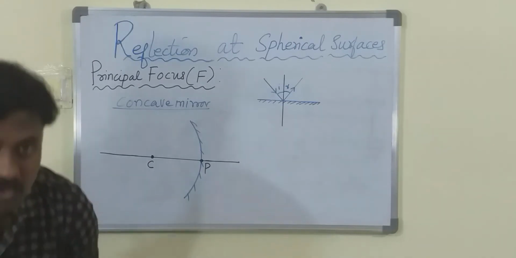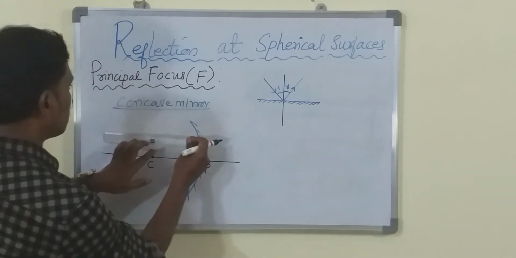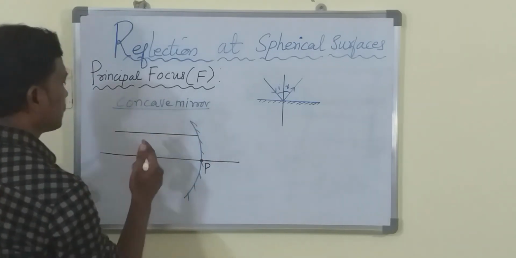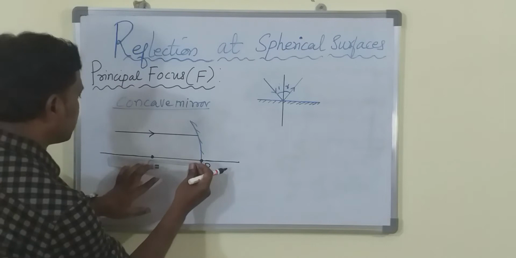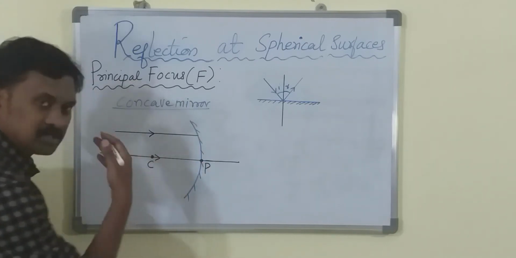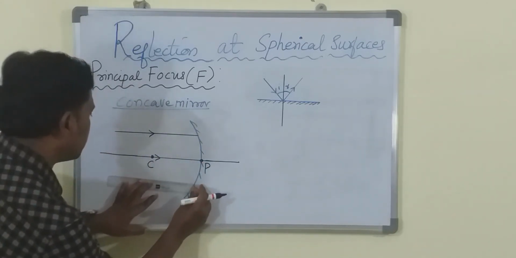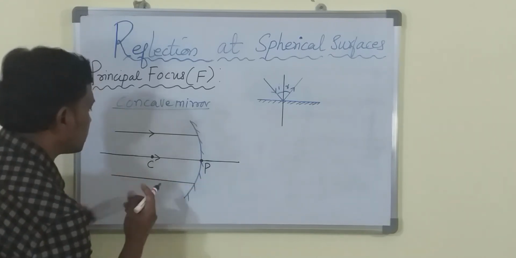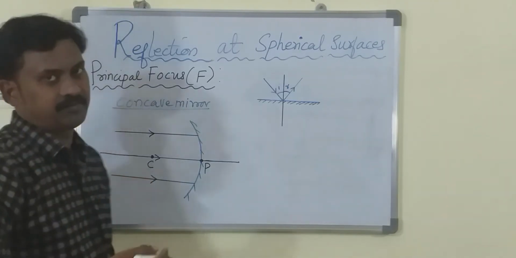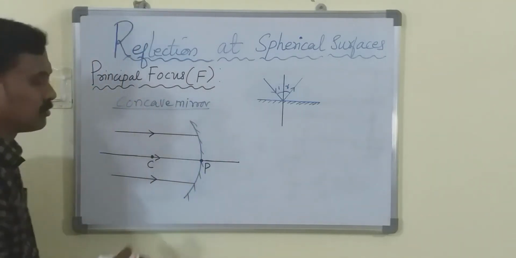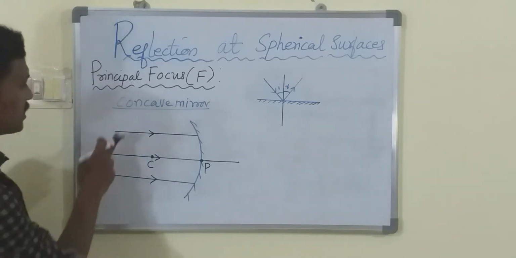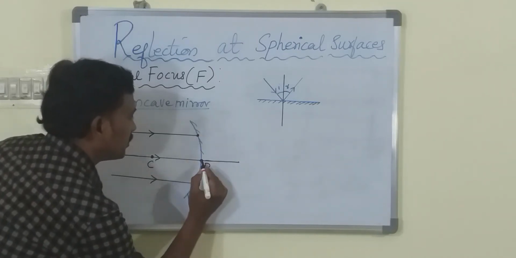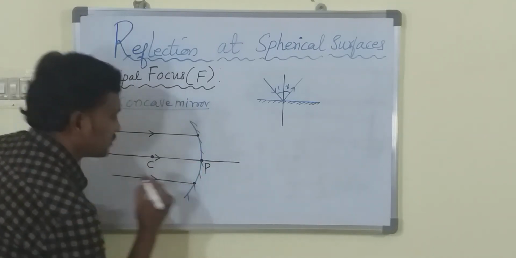So I am going to draw three parallel light rays onto the concave mirror. So this is the first light ray, and the second one I am going to incident on the principal axis, and the third one below the principal axis. One is above, one is on the principal axis, another one is below. You can draw any number of light rays, but the more you draw, it becomes complicated. Okay, as we have three incident light rays, we have three points of incidence. This is one point of incidence, this is the second point of incidence, this is the third point of incidence.